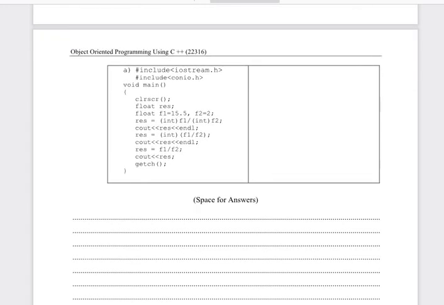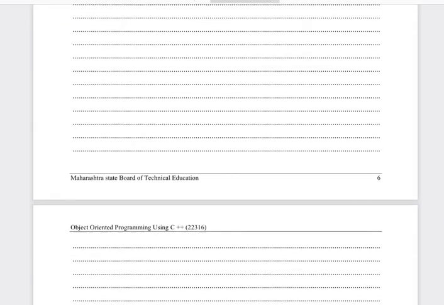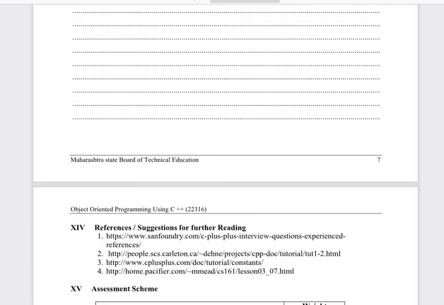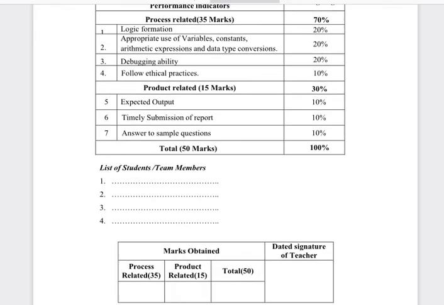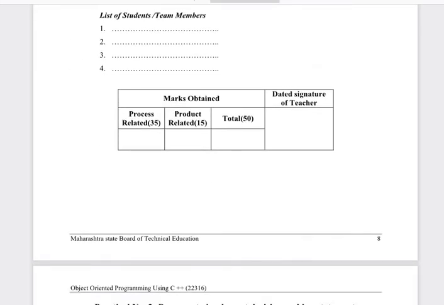Now here we have completed our first experiment. For this practical you can refer to these websites also. Here links are given, you can use these links. In the next session we will see the second practical, and before starting that second practical you should read all the information which is provided under practical number 2.